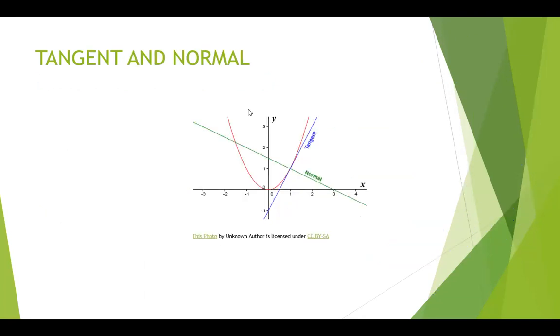Now, here you can see x coordinate, y coordinate. Let this be the equation. This be the curve. Then the line which touches the curve at only one point, I can call this the tangent. So the tangent is drawn at some particular point that I call x naught, y naught. Okay. Now we have drawn a perpendicular to that tangent. So this line is called the normal.